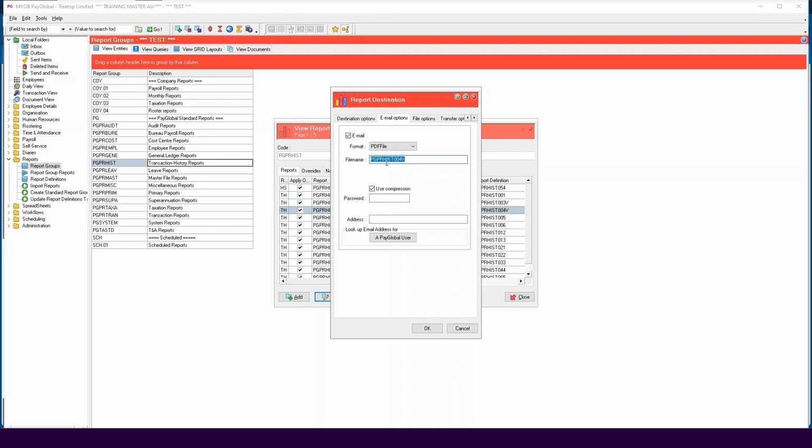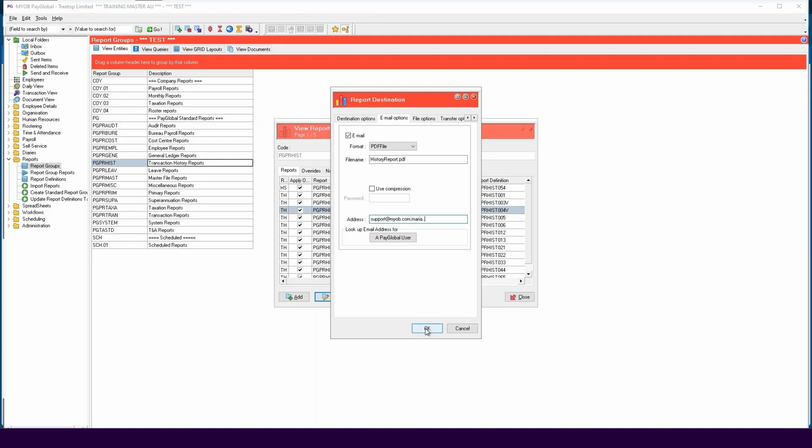In the File Name field, type in the name of the report that you want to send, for example, historyreport.pdf. Untick Use Compression, and then enter the email address or addresses you want to send the report to. Use a semicolon to separate multiple email addresses. Click OK to save the changes.